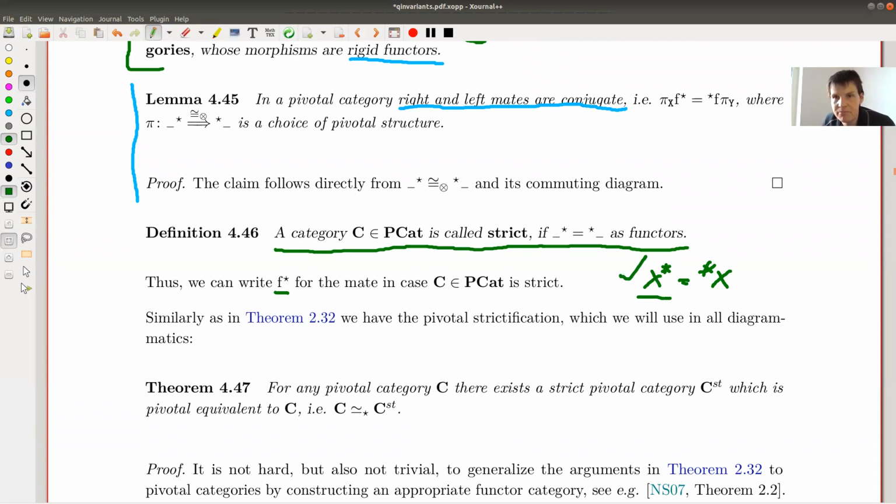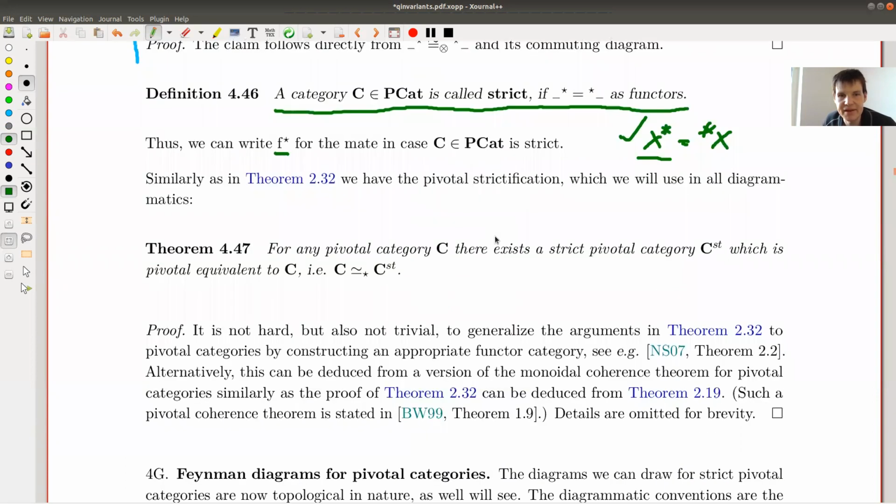So this one is a good one. Well, it's the same, right? It's not a good one, but I like it more than the other. So in this strict setup, a not quite trivial theorem, but kind of well known, says that